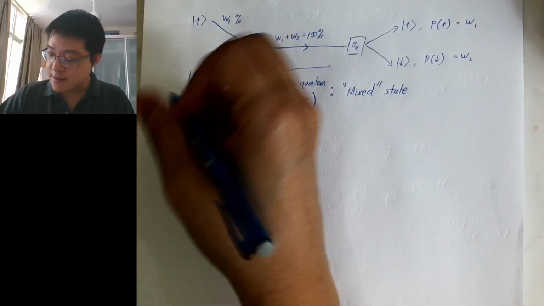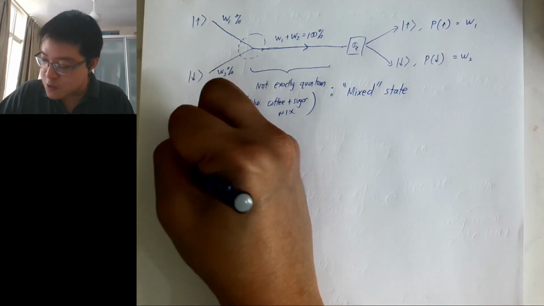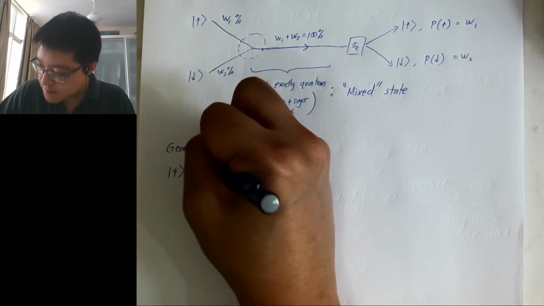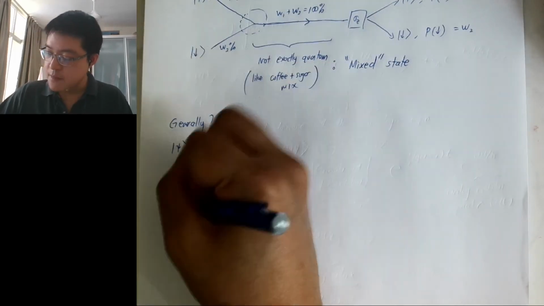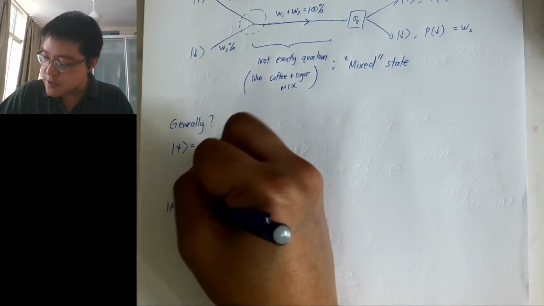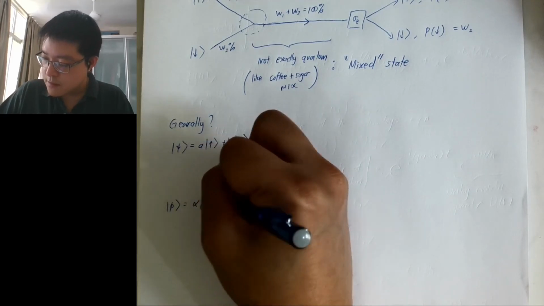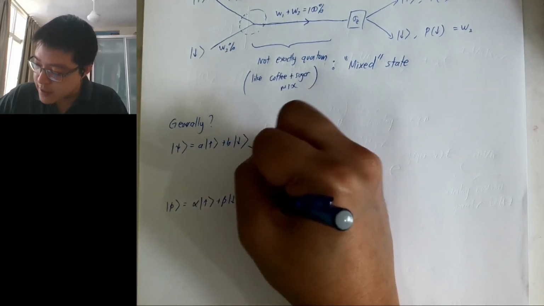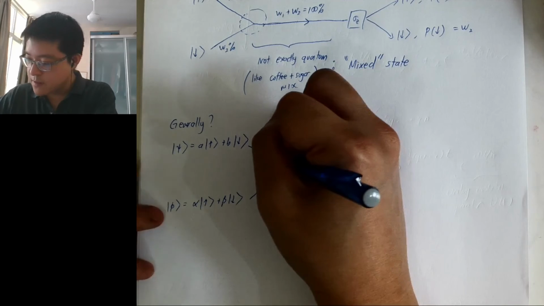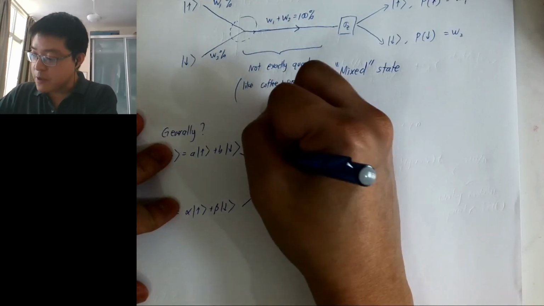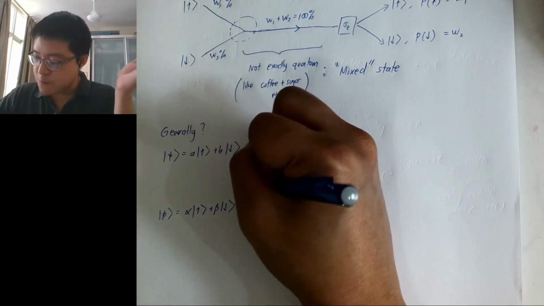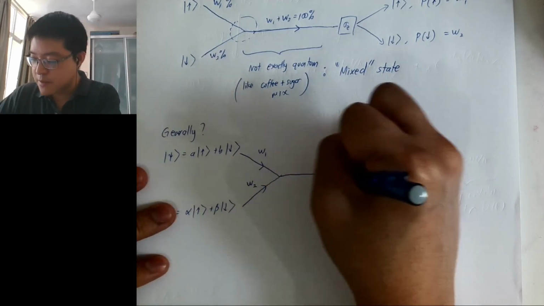So let's say now I have a quantum superposition here giving you this beam, and another quantum superposition here giving you another beam. So this part is easy. The W1 is the proportion of this beam and the proportion of this beam. Sure, but